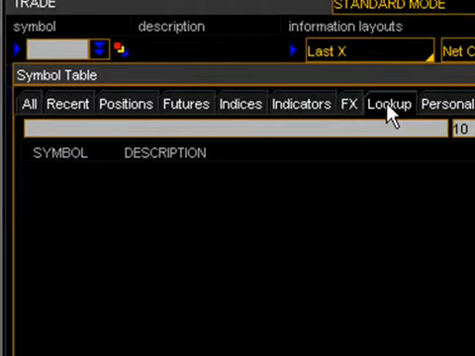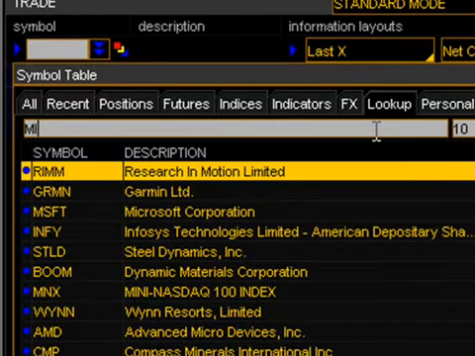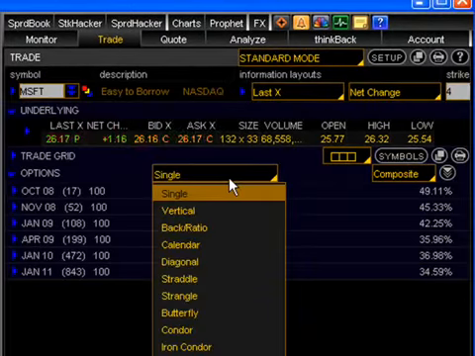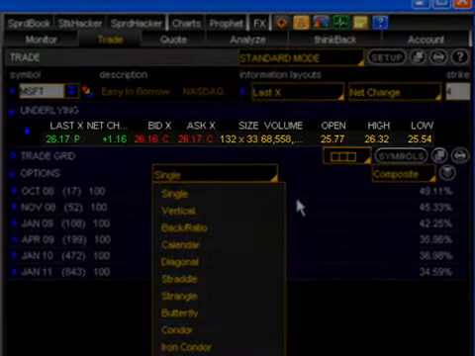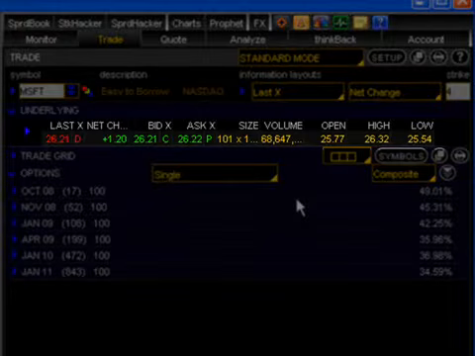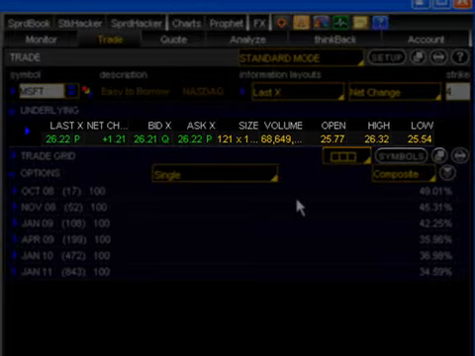For the purposes of this lesson, we're going to look at a quote of Microsoft. So go ahead and type in Microsoft, and as you're doing that, you will see it come up in the drop-down menu where you can double-click to populate the quote window. Once you have the window populated with the Microsoft stock quote represented by the ticker symbol MSFT, what you're going to see